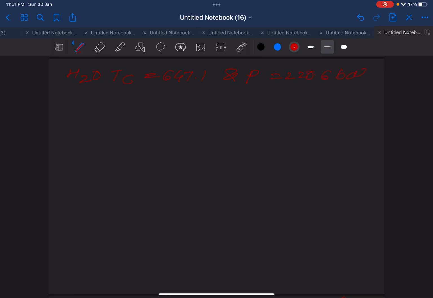What do these values give information about the state of water under ordinary condition? Critical temperature and critical pressure values of water are very high